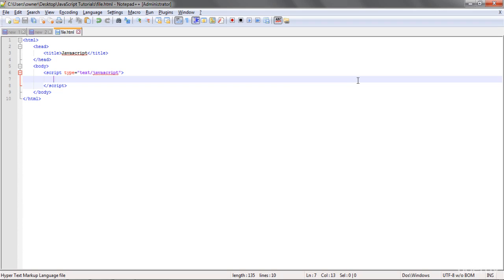So we have to study 6 operators, and they are arithmetic operators, assignment operators, comparison operators, logical operators, string operators, and conditional operators. So let's start with the arithmetic operators, and they are the basic operators which you have studied